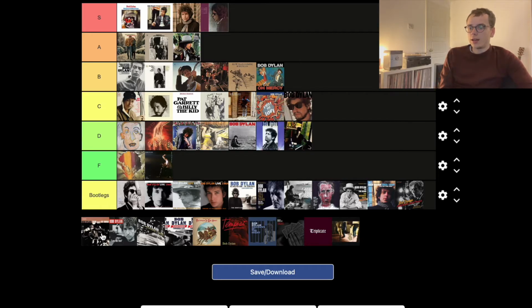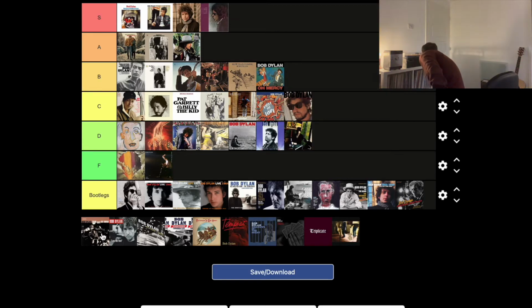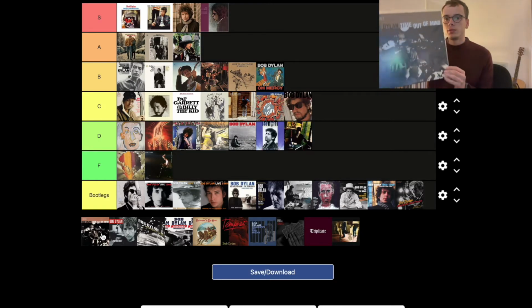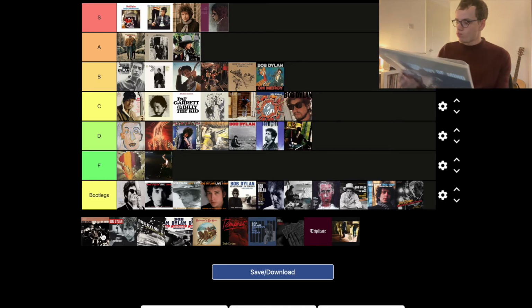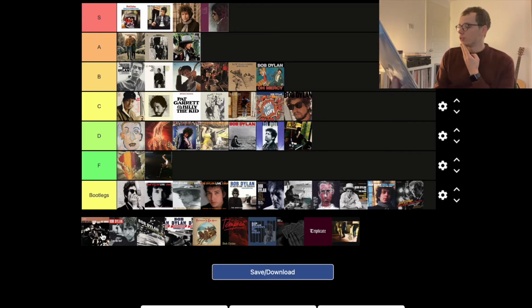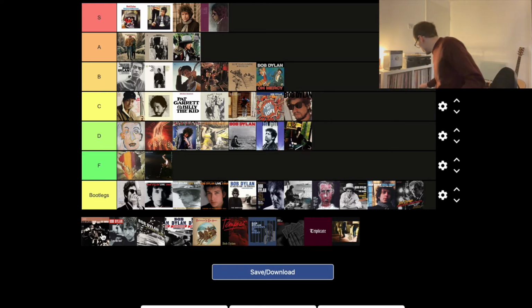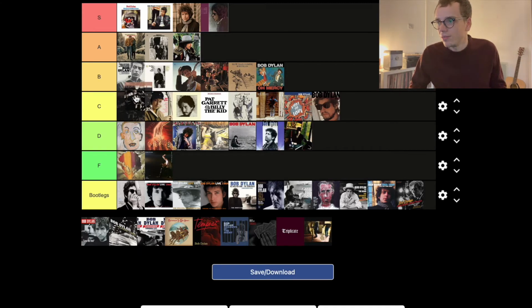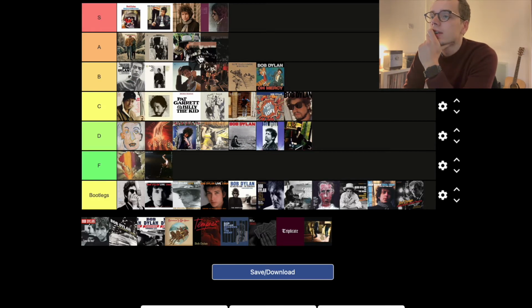Highlands is a great track, and there's plenty of other songs on there that I'm forgetting now. Let me pull the record out. Here it is. We've got Love Sick on there. Standing in the Doorway is probably my favourite track. Trying to Get to Heaven, Not Dark Yet. I think Not Dark Yet was the song that won the Grammy. And then you've got the whole of side 4, which is Highlands. Yeah, absolutely stunning record. But it's definitely not an S tier record for me personally, because I just don't listen to it enough to put it in the S tier. But I think it deserves to go in the A tier. I think it does.